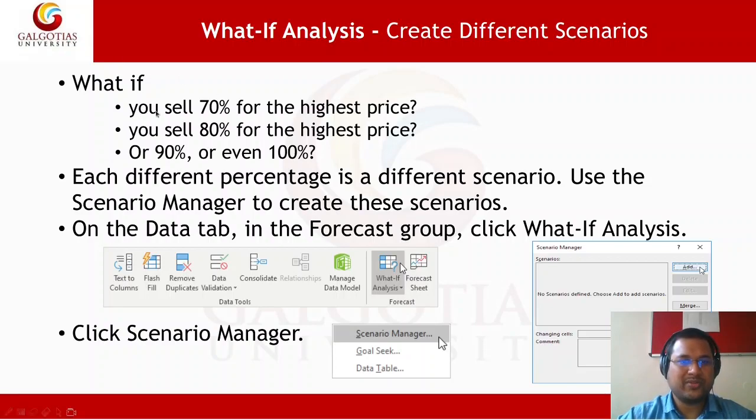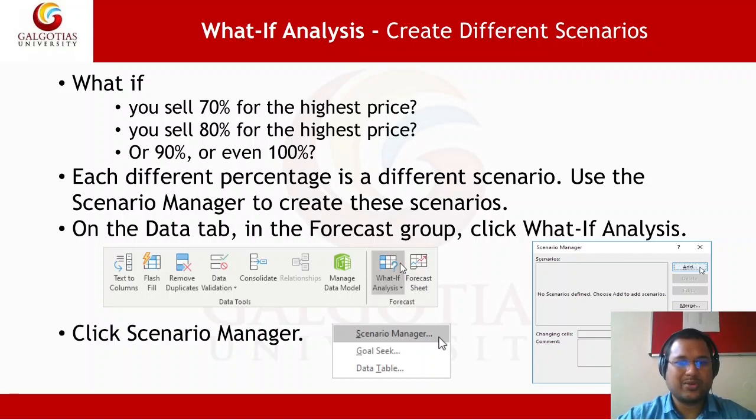What if you want to sell 70% at the highest price? What if you sell 80% of the books at the highest price? And what if you want to sell 90% or even 100% of the books at the highest price? How will the results be different? You can analyze those things.